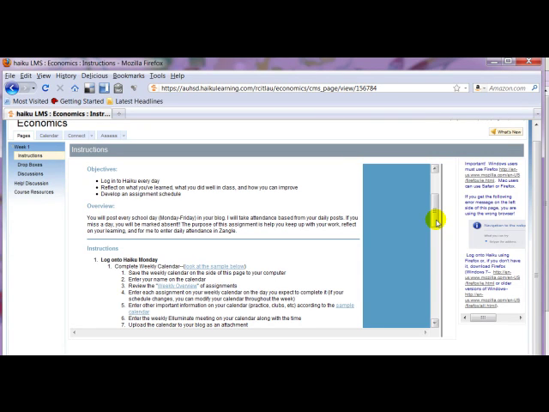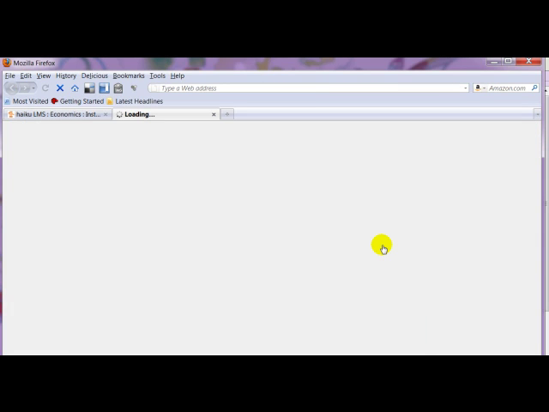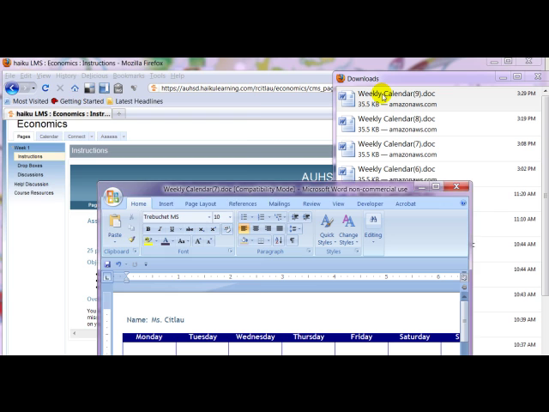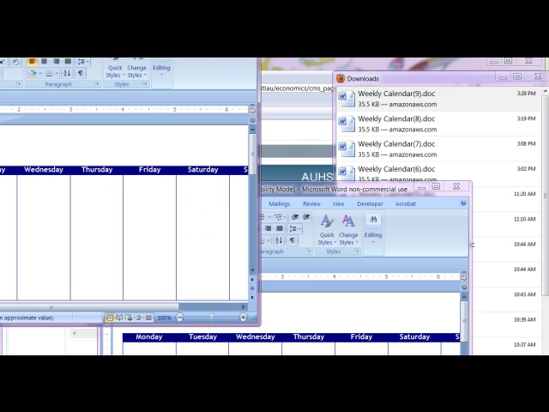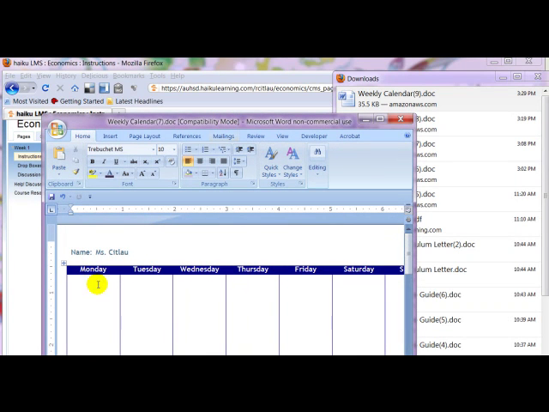On Monday, in addition to making your post, you're going to fill out a calendar of the week's assignments. You'll see the calendar over here in the handout section. So you're going to go ahead and open it, and then you're going to save it to your computer. What you'll do is you'll open it, and once you open it, you're going to see that it has the days of the week open and your name. What you're going to do is you're just going to type in here your schedule for the week,